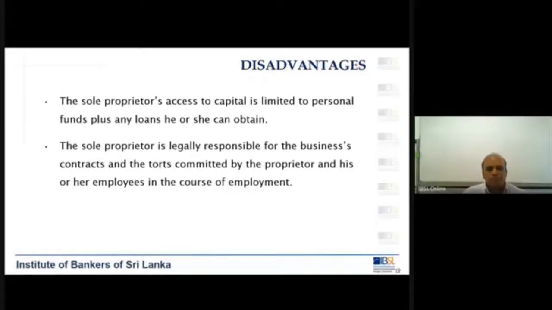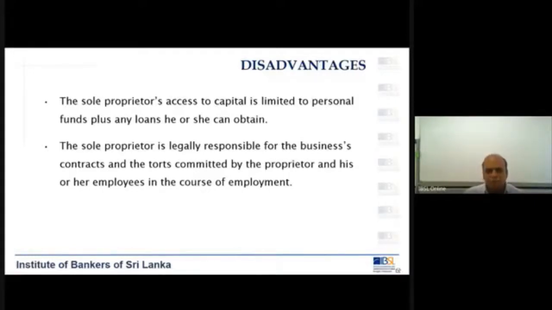So the sole proprietor is legally responsible for the business contracts that he is going to handle. Now, even though the contracts will go in the name of the proprietor or the proprietorship, this sole proprietor will be responsible for any disagreements on the contract. And also, if there is a tort committed by the proprietor, or there could be people